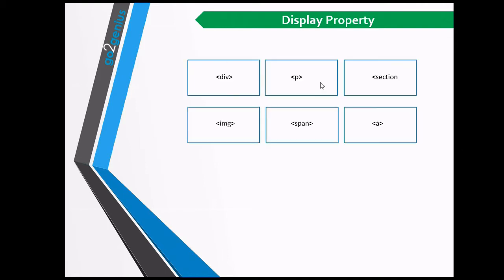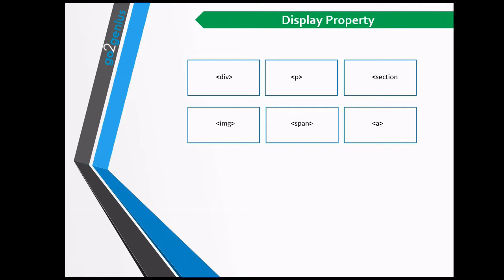Every element on a web page is a rectangular box, like div, paragraph, section, or even image, span, and anchor. All the HTML elements. The display property specifies the display behavior of an element. The default value for all HTML elements is inline, but the browser resets many elements to block by applying the browser CSS.